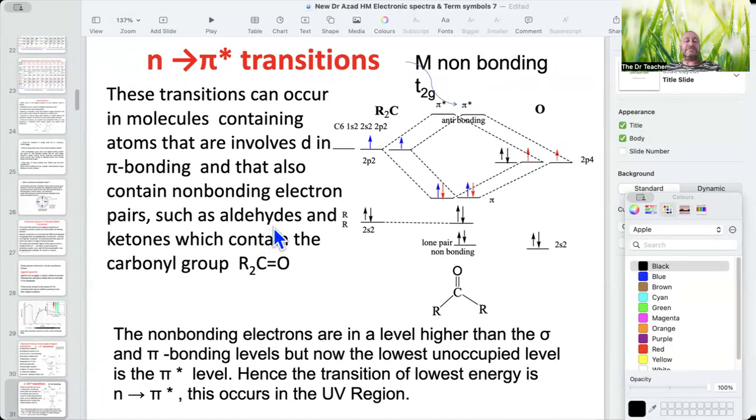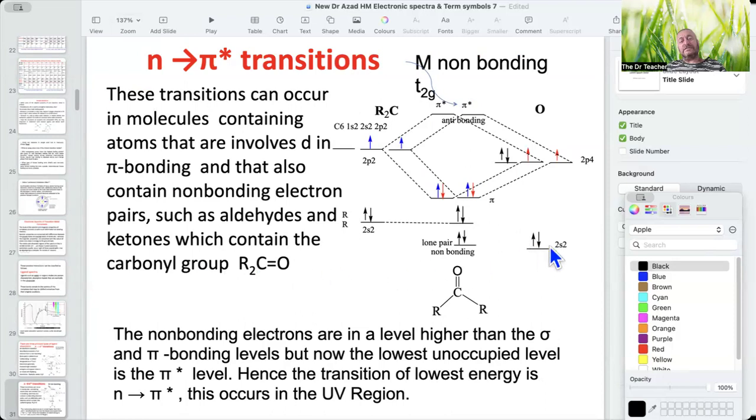So we can see this in aldehydes and ketones, which contain a double bond between carbon and oxygen. You can see on the diagram here, they are double bonds and involved,